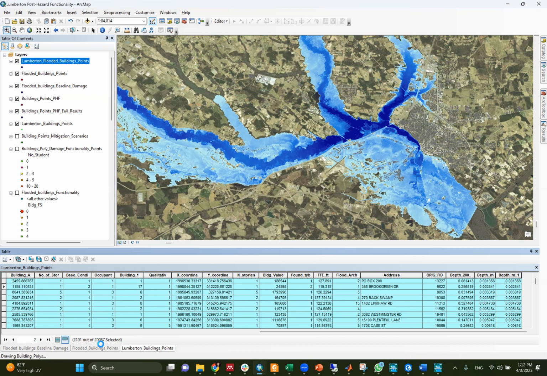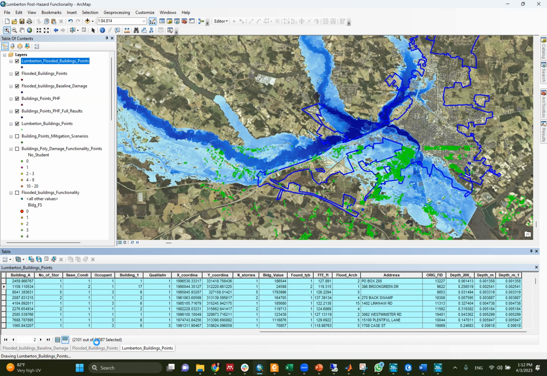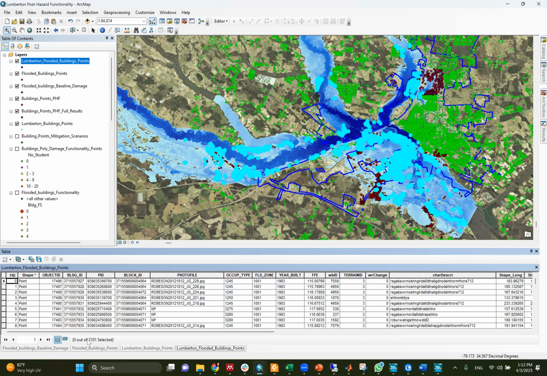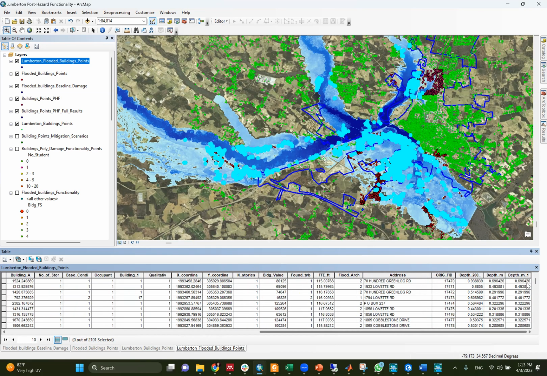And right now, if I open the attribute table, here you have only a shapefile that has 21,000 buildings. Okay, so right now these are the only buildings that I'm going to do operations on, because they are only the flooded buildings. So what I want to talk to you about right now is that we will need another measure, which is